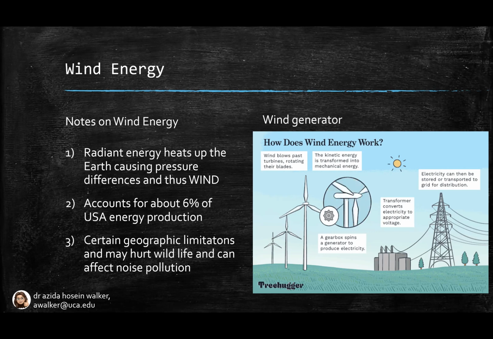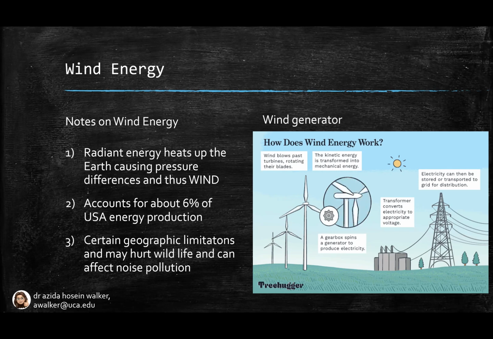So we've looked at hydroelectricity, and we've looked at generation of electricity from the nuclear power plants. So let's look at what is happening with this generator. Wind blows past the turbines on their rotating blades, and the wind blows on the blades, having them rotate, so that kinetic energy as the blade is turning is transformed to mechanical energy, because there's a gearbox in the back of that fan,